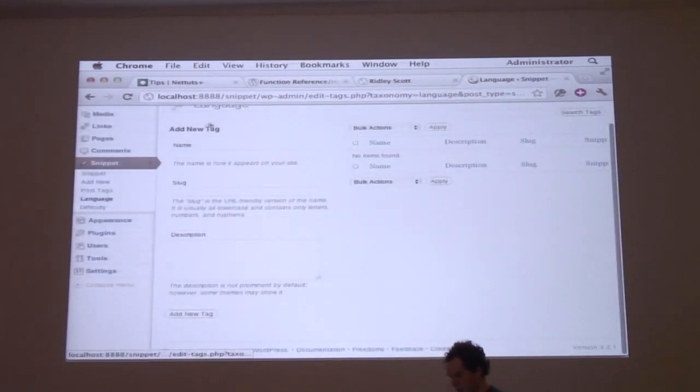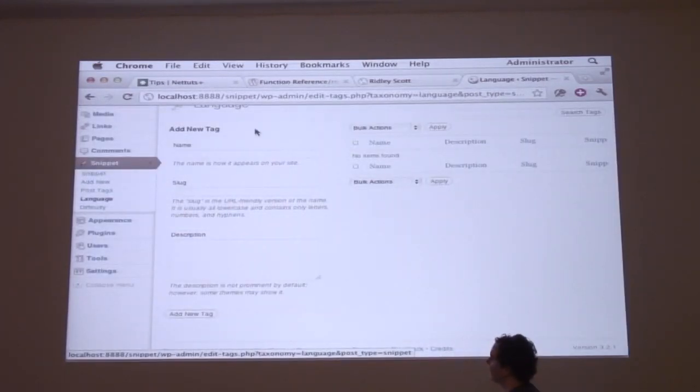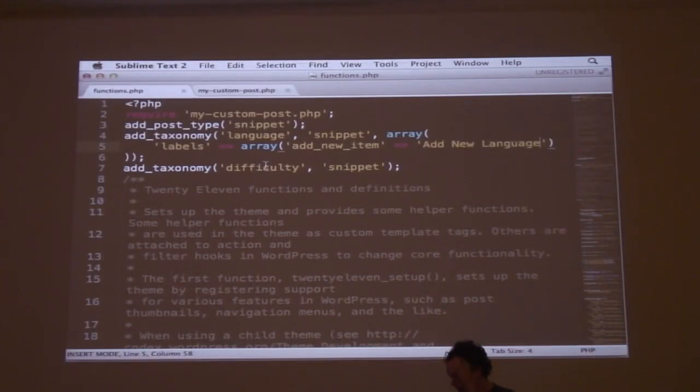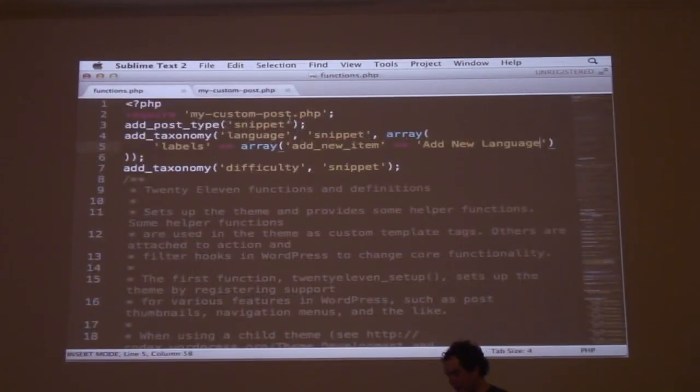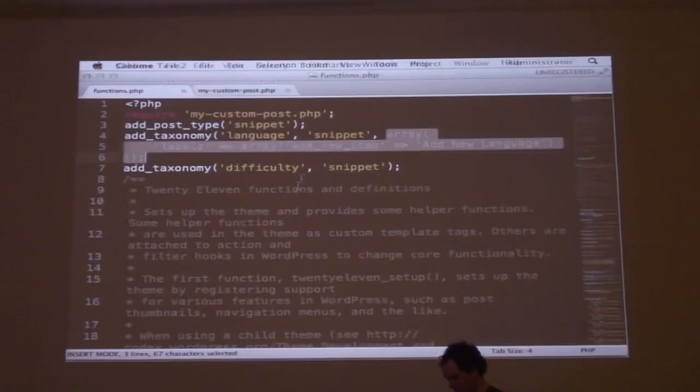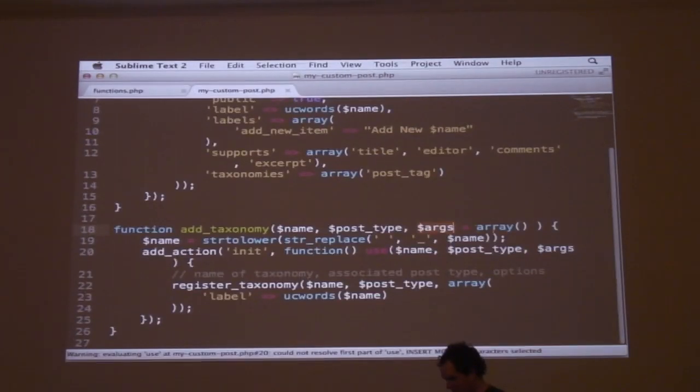Right here, language, add new tag. It's not taking effect at all. And that's because, well, let's go through the life cycle. We go to add taxonomy, we pass in args. So now this args array is equal to what we have right here. Then we pass the args array into the add action, and we register the taxonomy, but we never do anything